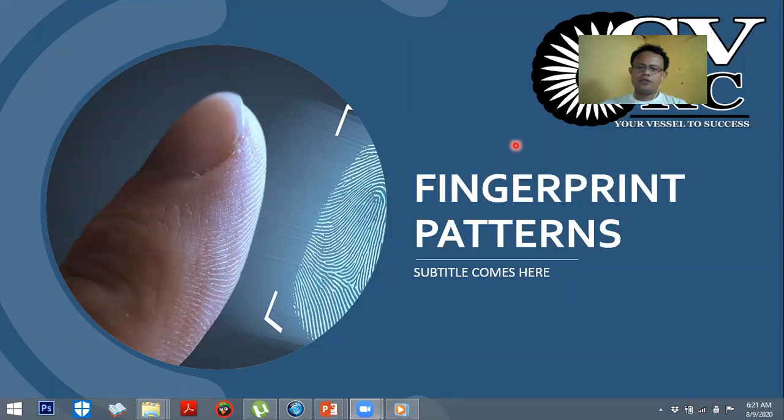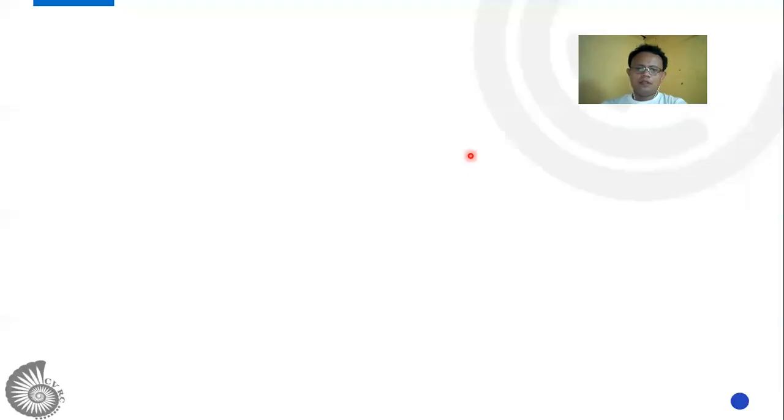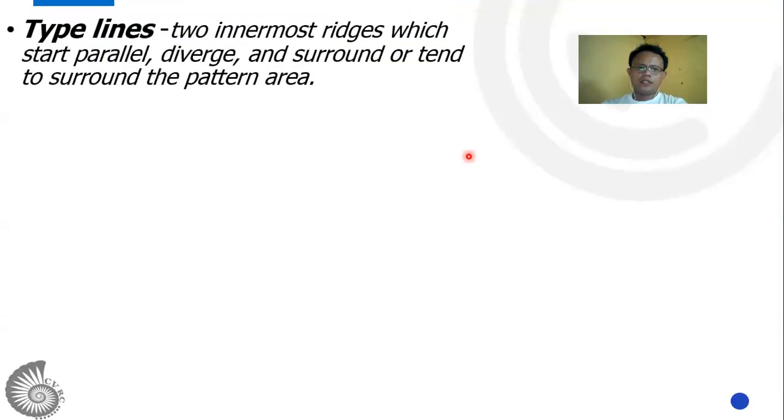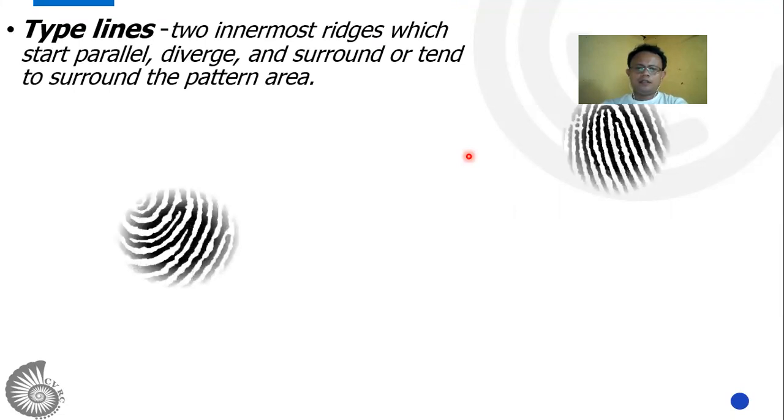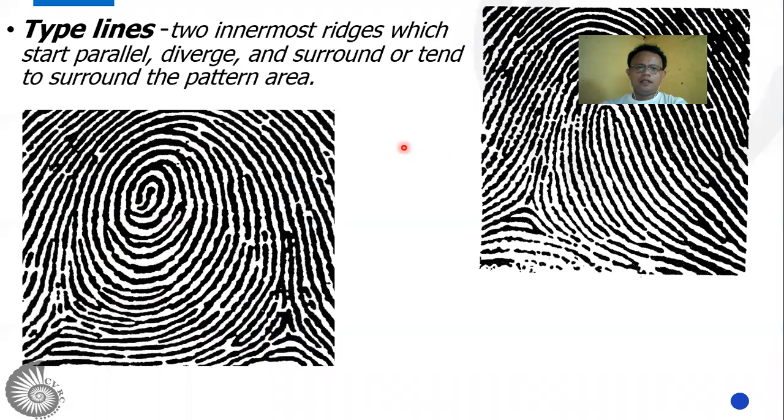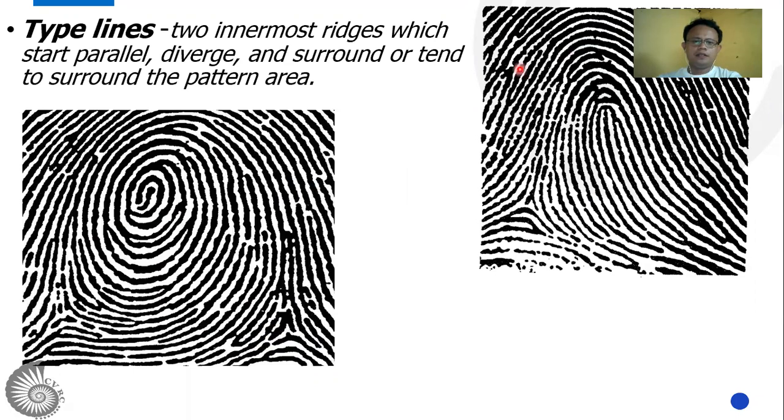Our discussion for today is about fingerprint patterns. So let's start. But before we discuss the 8 standard patterns, let's first take up the type lines. Type lines are the two innermost ridges which start parallel, diverge, and surround the pattern area or tend to surround the pattern area. In these two examples, the loop pattern and the whirl, we can see that the type lines